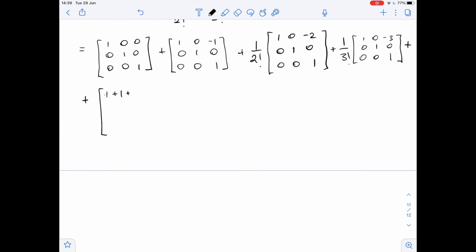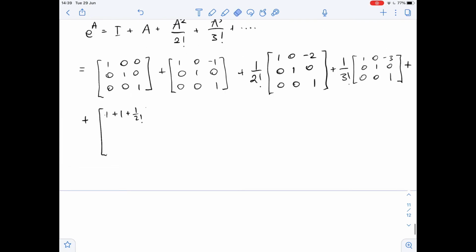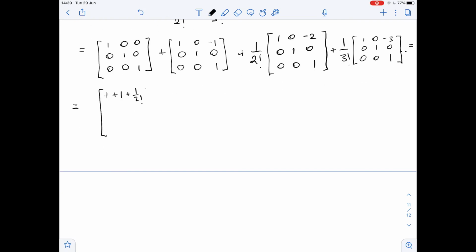1 plus 1 plus 1 over 2 factorial. No, wait, sorry, I made a mistake. Here we'll get the sum of all factorials. So it's 1 plus 1 plus 1 over 2 factorial plus 1 over 3 factorial, and so on. Here it's 0. Here we will have 0 minus 1 plus 1 plus 1 over 2 factorial plus